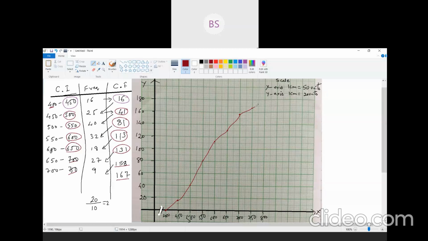Okay. So for question number 11, they have said less than, right? So there what we have to do is write the class intervals as 0 to 10, 10 to 20, 20 to 30 and so on. Okay. So you all can try out these ogive curves and histograms. In an ogive also you have to make the class intervals continuous and then mark it. Okay.